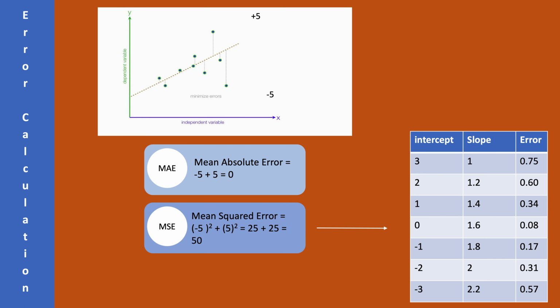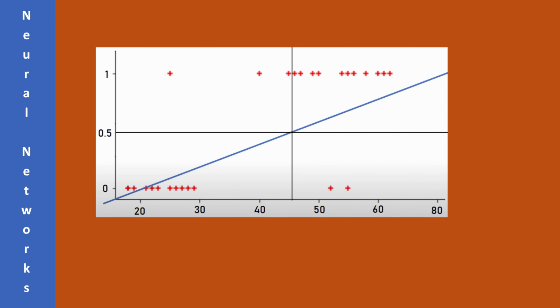However, there is a problem with this approach. If there is a data set like follows, in this case we are predicting whether a person bought house insurance or not. Anywhere the blue line is at less than 0.5, the prediction is negative. Because there is a low chance that the person will buy house insurance, it's less than 50%. So that means the person will not buy house insurance, so it is 0. And in this case we are misclassifying 5 points.